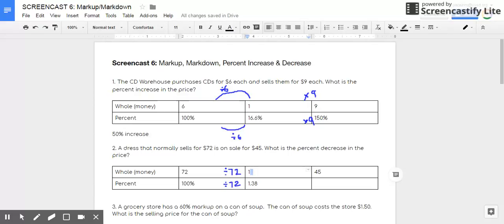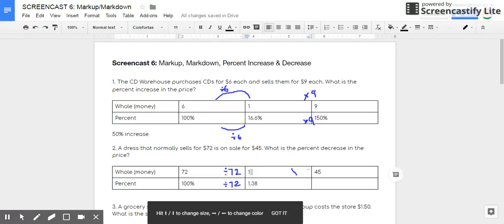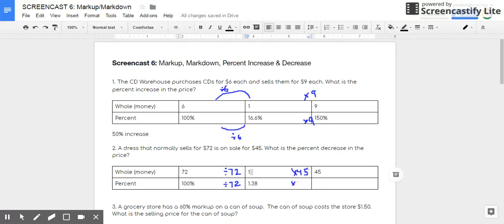I can do this by multiplying 1 times 45, which is going to give me 45. Whatever I do in the numerator, I have to do in the denominator. So I'm going to leave my repeating decimal in my calculator, and all I have to hit is times 45. When I multiply it by 45, I get